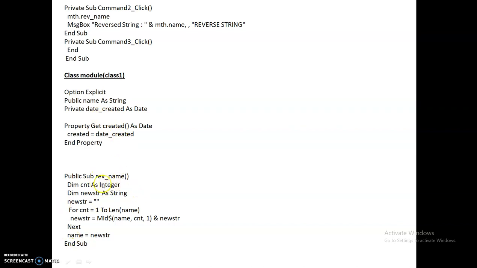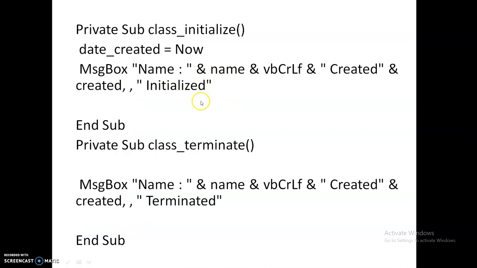And then one procedure is used which is rev_name, used for finding the reverse of a string. And then two events known as Initialize and Terminate. These two events are automatically triggered. No need to explicitly call Initialize and Terminate.